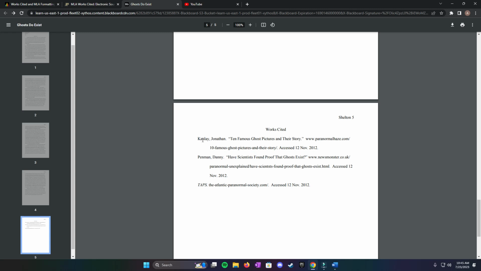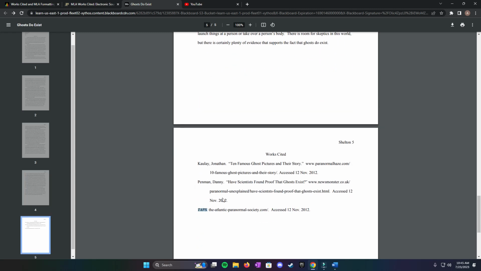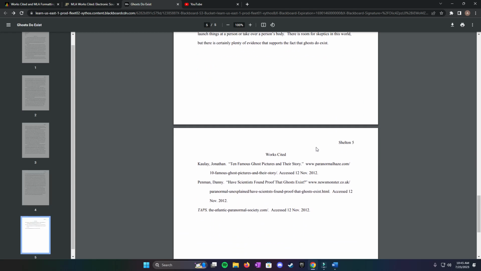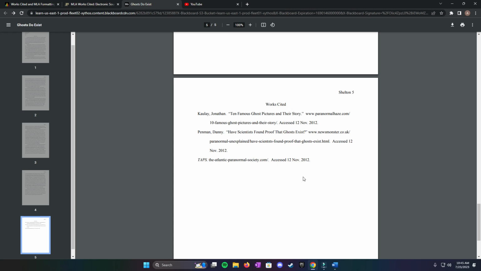If you'll notice, she just has the author's last name. That's totally fine. Usually you want in-text citations to have the first part of your source. So whatever the first part of the source is on the works cited page, be it the author's last name, the title, whatever that is, that's what you're going to put in your in-text citation. So you see here she has a title instead of the author's last name. Some things will not have an author's last name. Some things will not have a volume number. If it doesn't have it, just leave it out. Skip that part in the